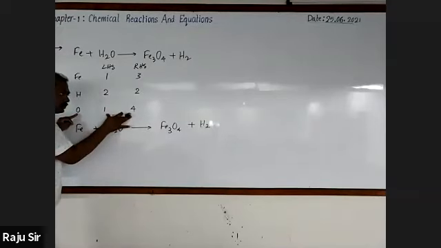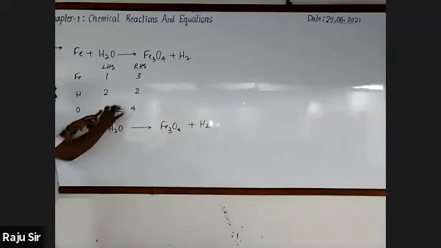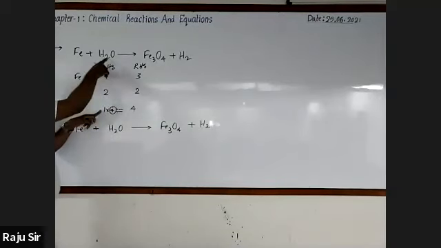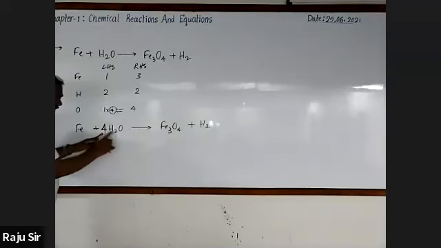So first it should be balanced. Here 1 is there and here it is 4. 1 is not equal to 4. To equalize that, we will multiply 1 by 4. Then it is to be multiplied on the reactant side. Here 1 by 4. Now oxygen is balanced. Next, as the oxygen is balanced, the next element is hydrogen.